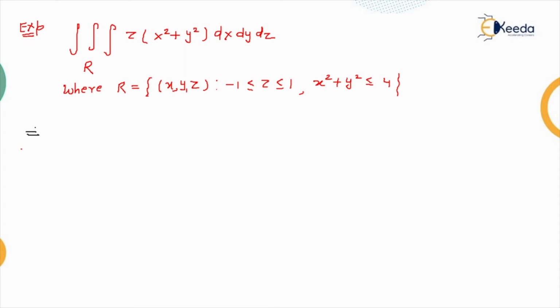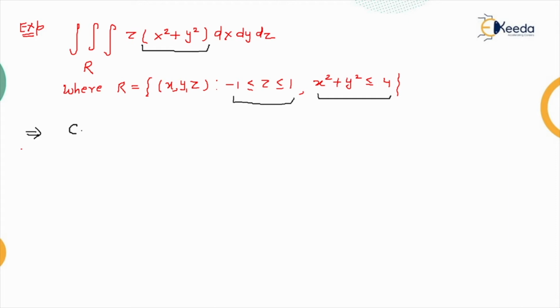Let's see how. First of all, we can see the triple integration is given with respect to x, y and z, and one region R is given, with a specific limit of z as well as one curve, x square plus y square is equal to 4. And you can see the same curve is given in the place of the function. So when you get this kind of condition, where the equation of the region and the equation in the function are the same, it means we need to change this system to cylindrical or spherical. Okay, so let's see, guys. Here I will change this coordinate to cylindrical coordinates.